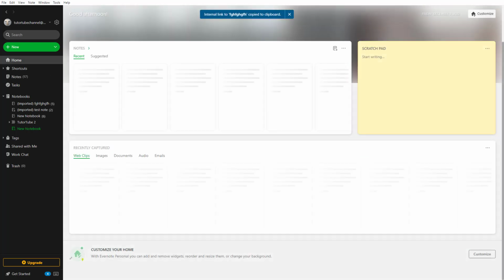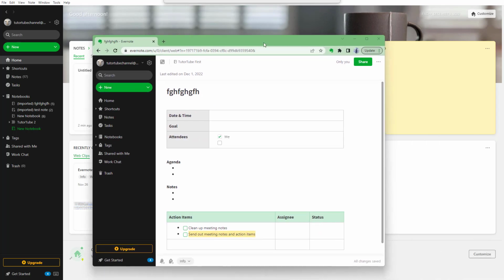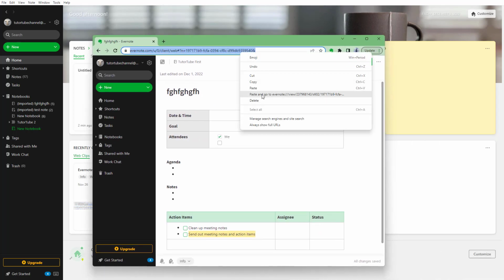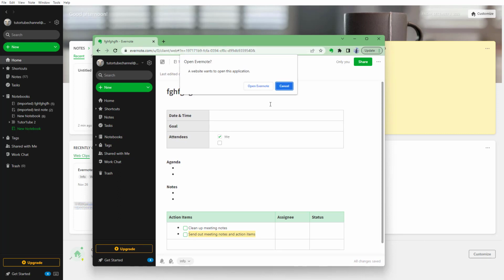Let me just go onto home. And now let me go over here onto the browser again, right click and paste and access that particular link right here. Once I do that, it says a website wants to open this application. It does not actually redirect to the particular note by using the link, but I can click on open